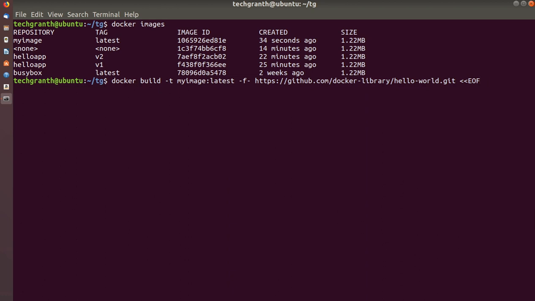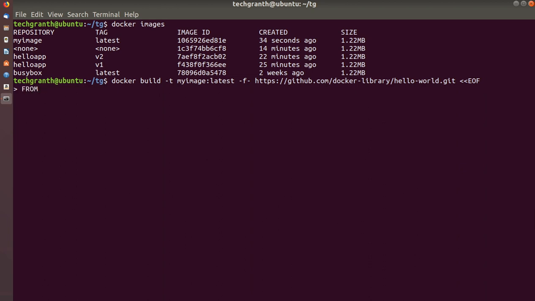So in this you can see we are using the same command, -f will be for the Dockerfile location which will be read from this stdin, and this will be the build context remote location. Okay, earlier we were using dot here, now we will be using github.com, this remote location from GitHub or any repository you can use. So from here press enter,